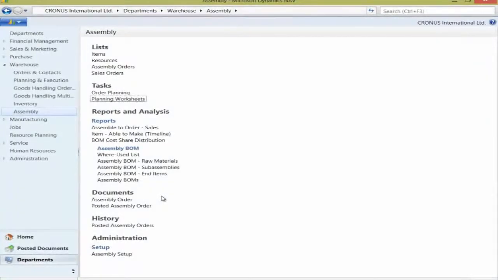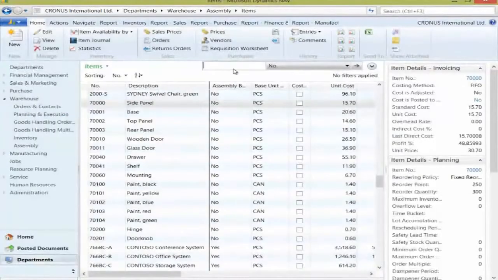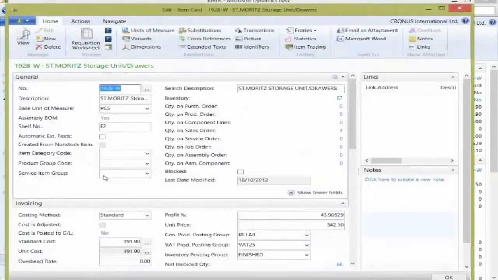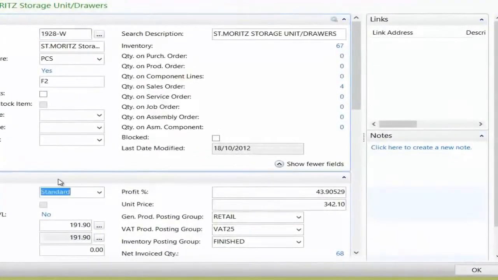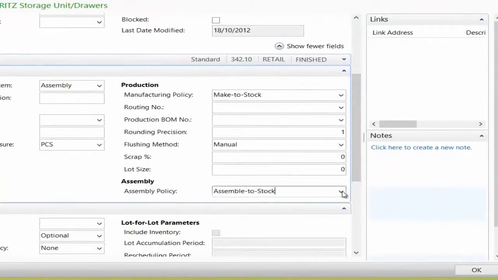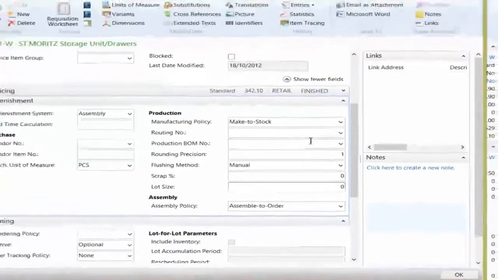Okay, so now the next phase is that we're gonna plan for components. It's components against the assembly order for an assembly to order environment. So the first thing that we do is we're gonna change one of the items that we're going to use next. There's this one here, and then on the replenishment we're going to change that from assembly to stock. We're going to use assembly to order. Okay,